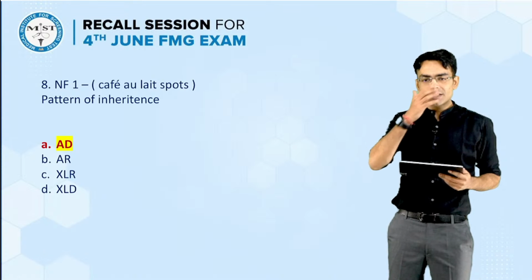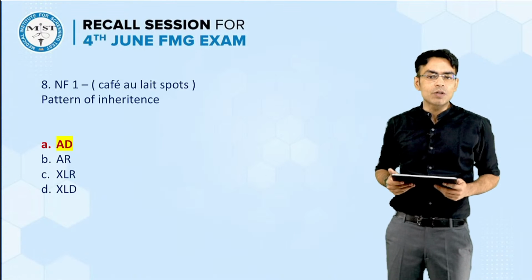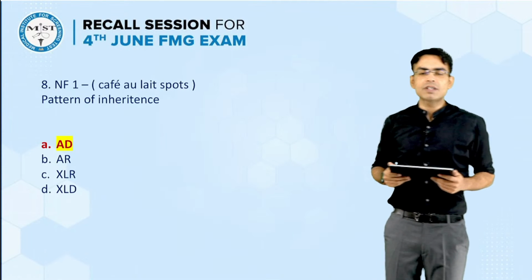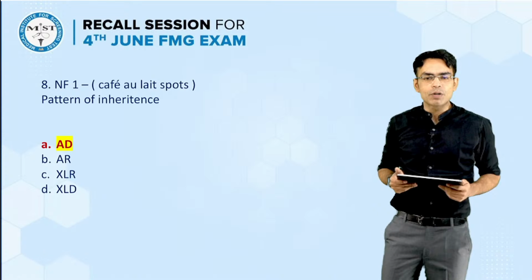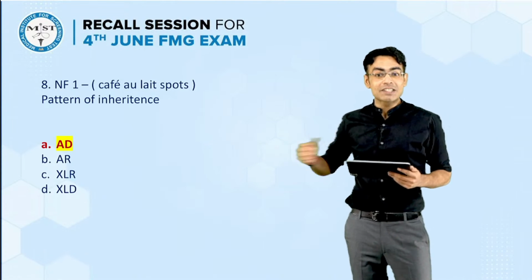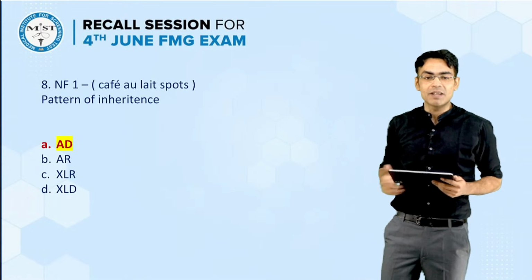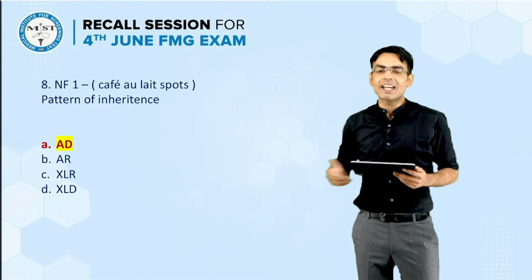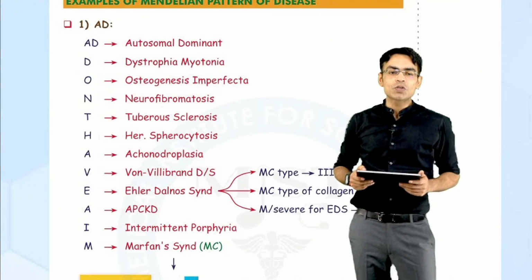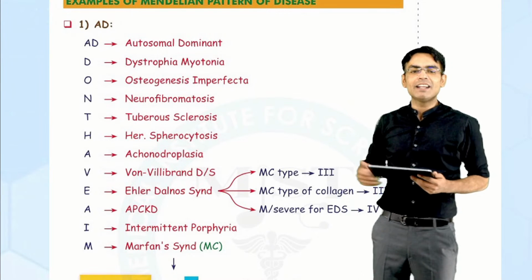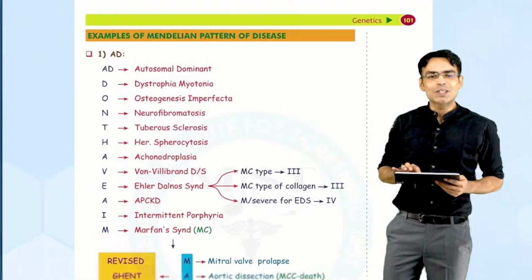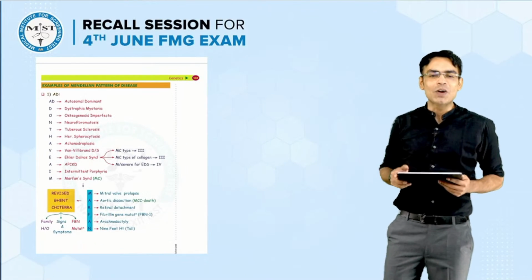But what they have mentioned is that they could tell it's a case of neurofibromatosis, because this was the word that was mentioned: café-au-lait spots, and we all know they are seen with neurofibromatosis. And the pattern of inheritance again. So you can see how many questions from genetics have come this time. I hope you people have learned this mnemonic for autosomal dominant: autosomal dominant people don't have AIM, and in the end of this, don't have AIM, there is neurofibromatosis. So it's an autosomal dominant disease.